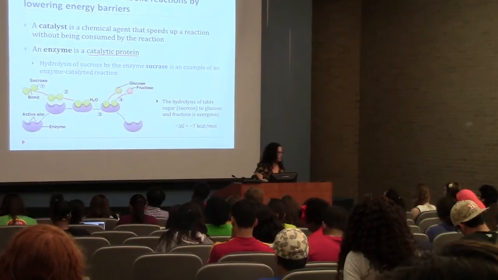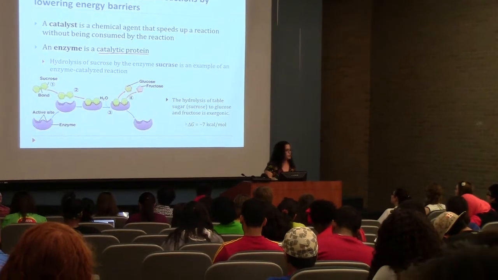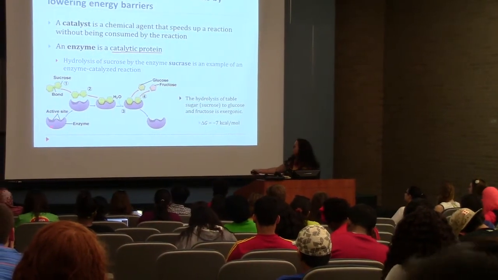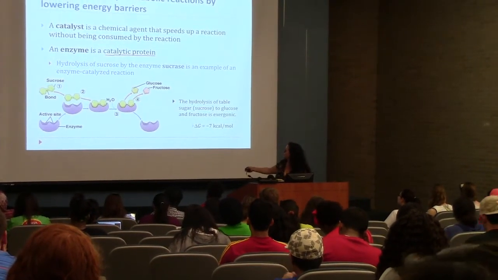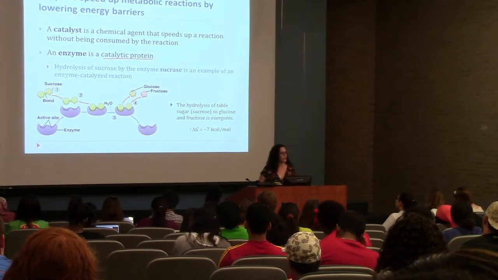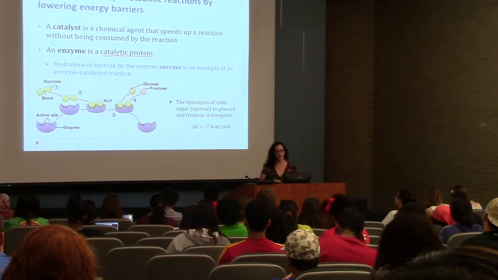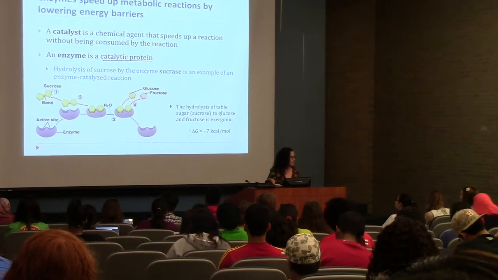before, and I showed it as an equation in the last class. This time I'm showing it to you as a diagram where you can see the enzyme that has the active site to where sucrose binds, and then the reaction occurs in the presence of water, which is hydrolysis. And then we have the products, glucose and fructose. Okay? Now, this is another